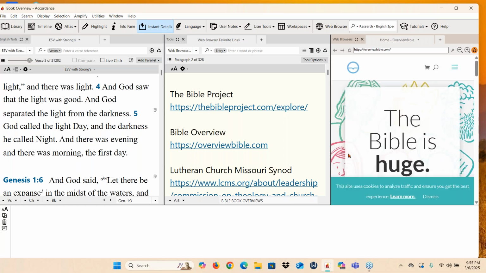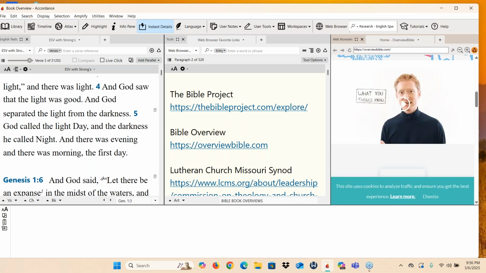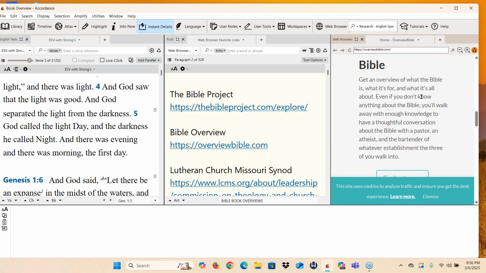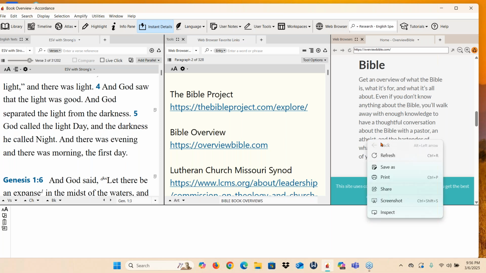The nice thing about the websites is that even though I'm on the internet, I can access my library to any word that I find within this internet web window. So if I wanted information on atheists, I could right click on that and I could do,